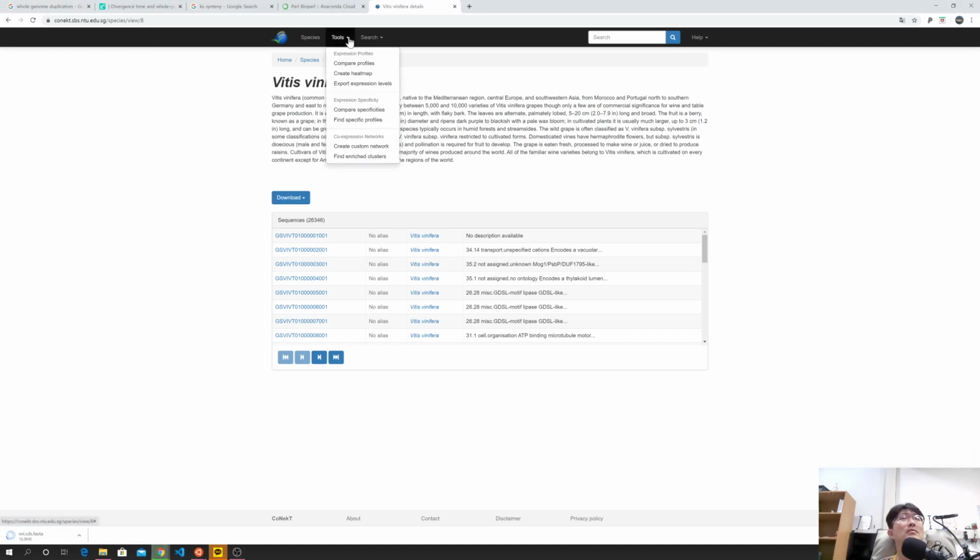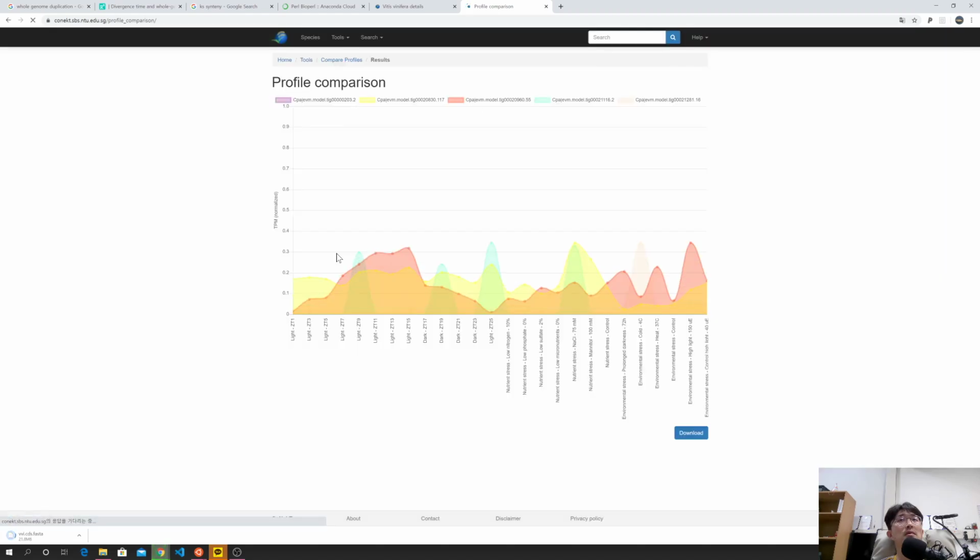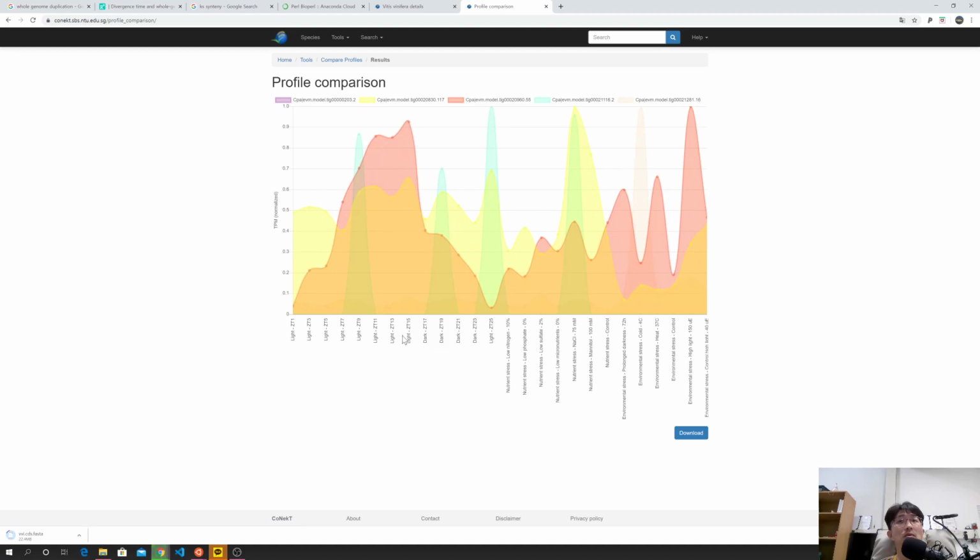So somebody made some tools. Compare profiles. What kind of comparison can be done? Use these tools simultaneously to display the expression profile of multiple genes of interest. Okay, load example. Show the profile. Oh, good, good. But this is not cool